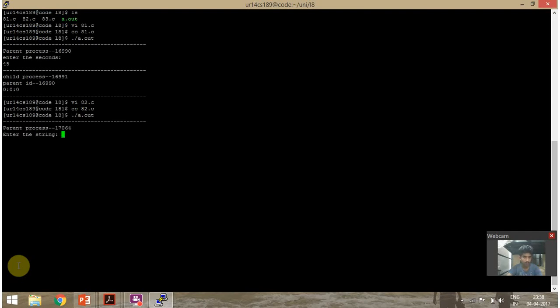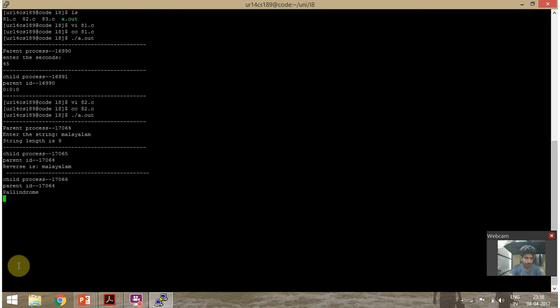So here goes the output, enter the string. It checked the string length, the string was given as Malayalam, and it checked the reverse, which is also Malayalam, and the result is that it's a palindrome. And let's go to the next program,